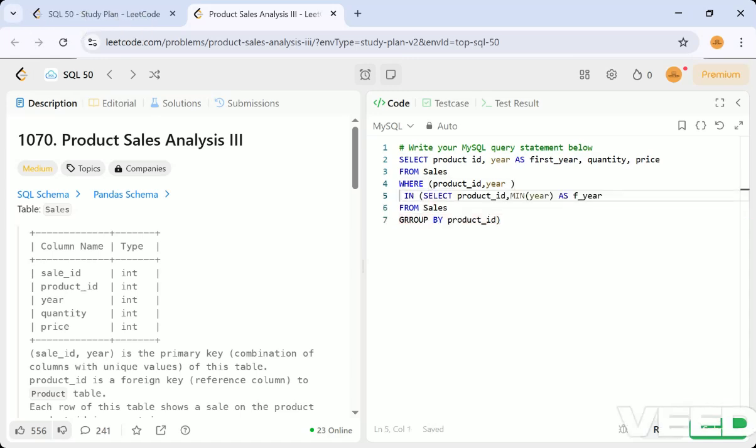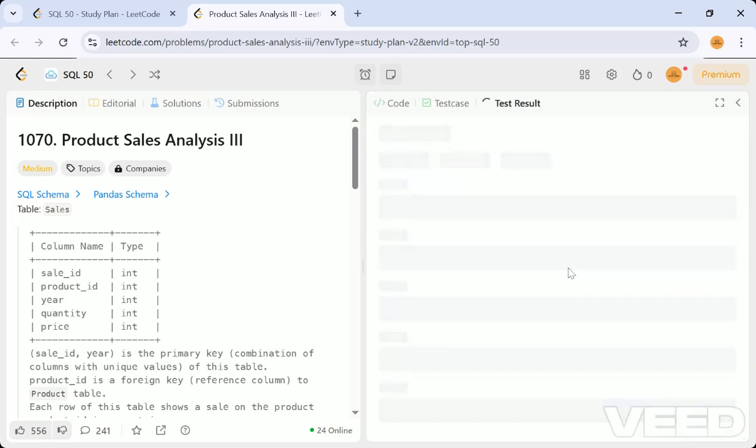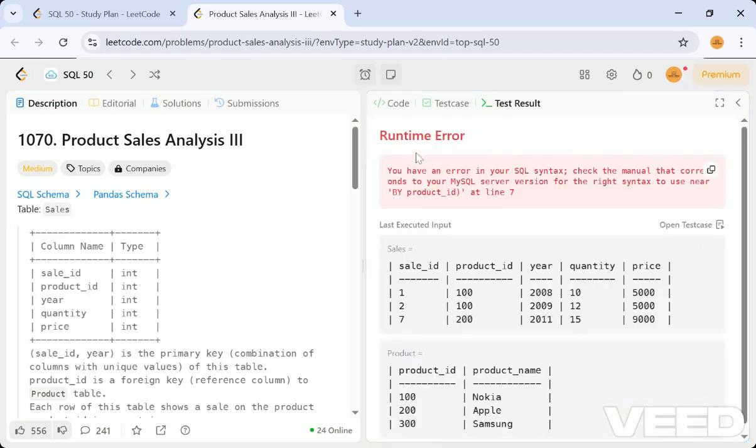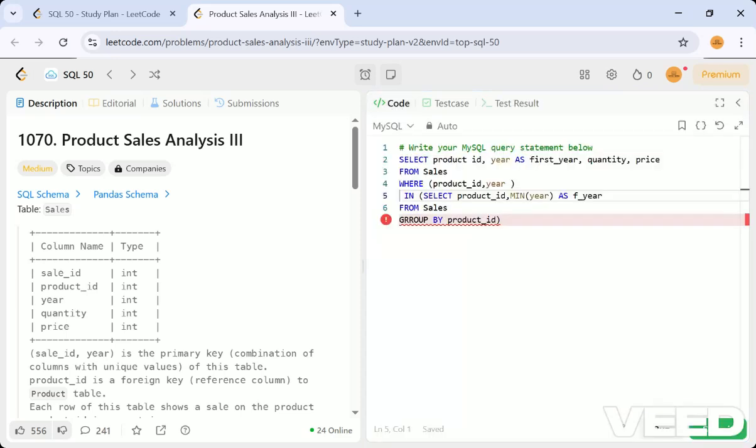Yes, okay, what is the error then? In select of, okay, minimum of year only, right? Why? Let me run this here. Okay, sorry, some typo error.